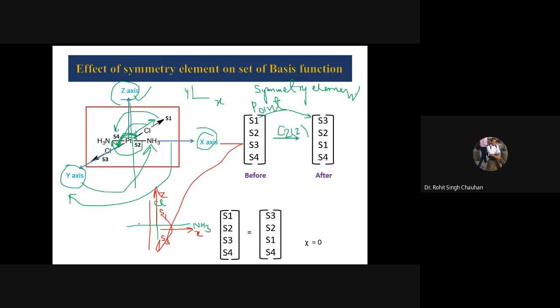Anyway, just now, to make you understand how this matrix is framed, I have put it in this slide. Okay, hope this much is clear. S1 is turning to S3, S2 will remain S2, S3 will remain S1 and S4 will remain S4. Now, what did I do? I wrote the same thing, took both of these and put them here. See, this S1 is the before one, and this one is after. I have written it. Now we are moving towards the matrix formation.